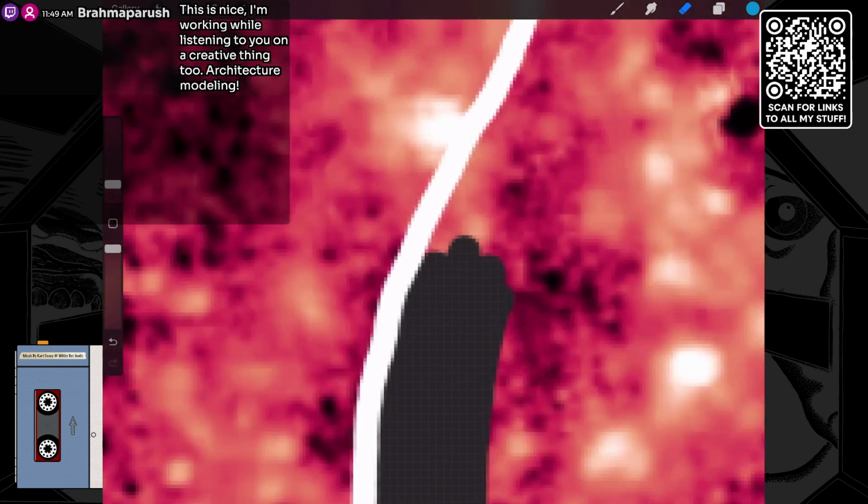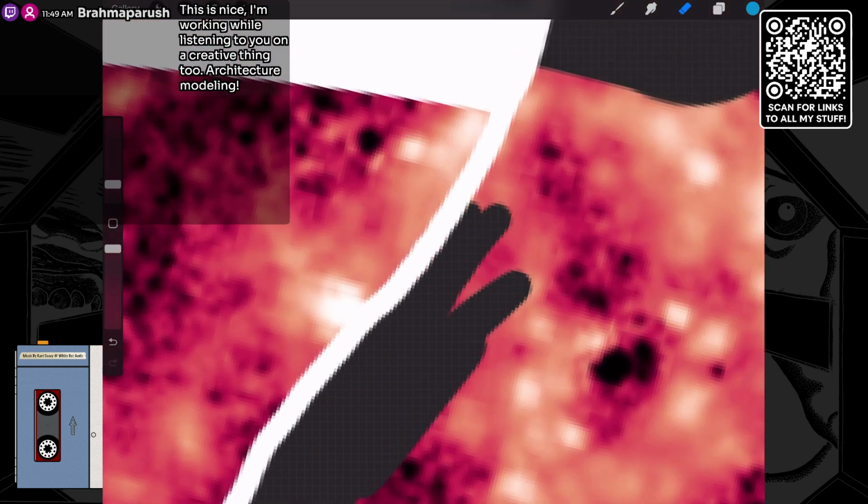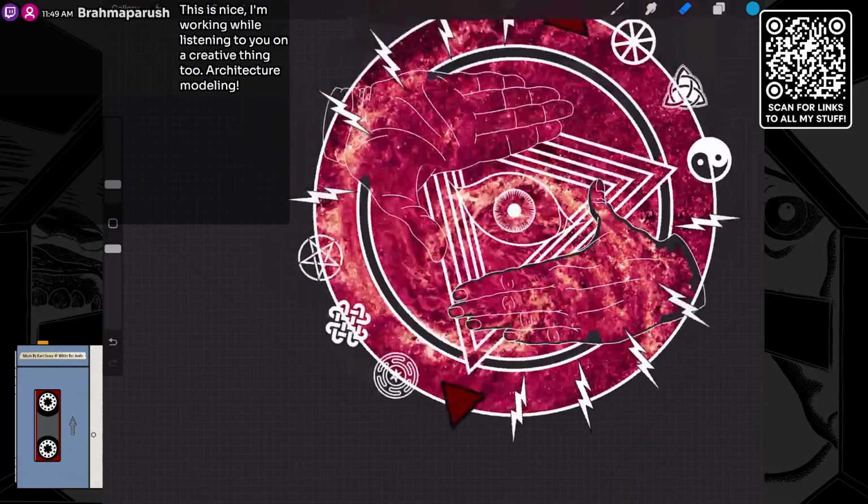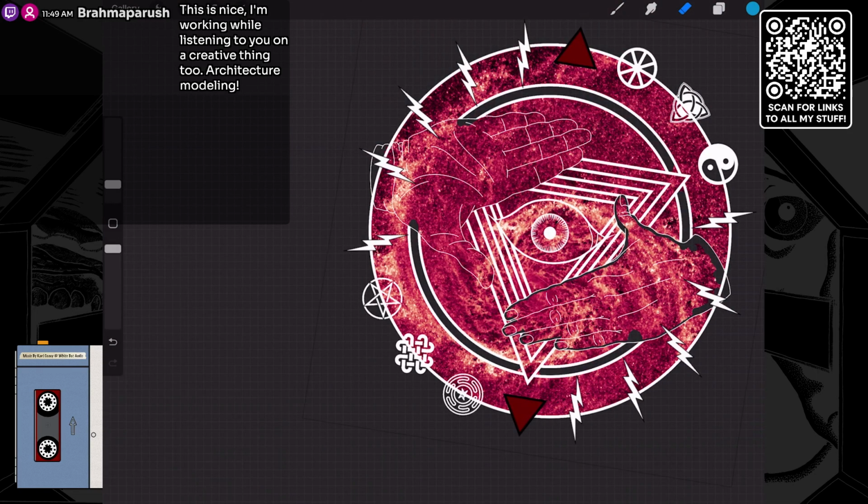Architecture modeling. Man, I got to tell you, I have a lot of respect for architects. I can't think that way. And I'll tell you something else. One of my favorite things in terms of stuff that I see is, I don't know how much they do this anymore. This may be something that's a bygone, no longer done thing.